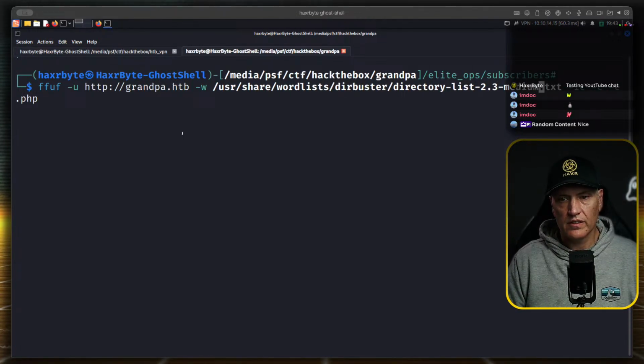We're going to use this file, yes, it does exist. And then we're not going to look for PHP files. Let's look for HTML files first, because I don't think it's PHP; it runs on Windows IIS.